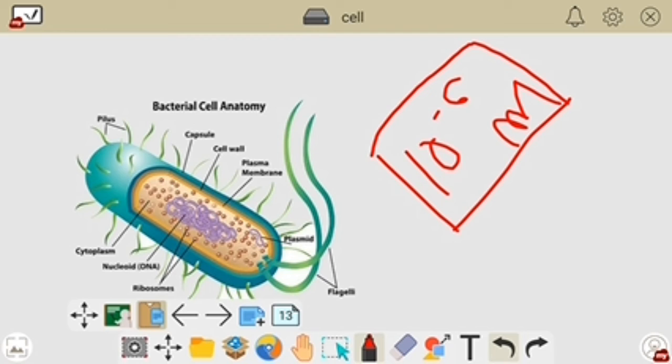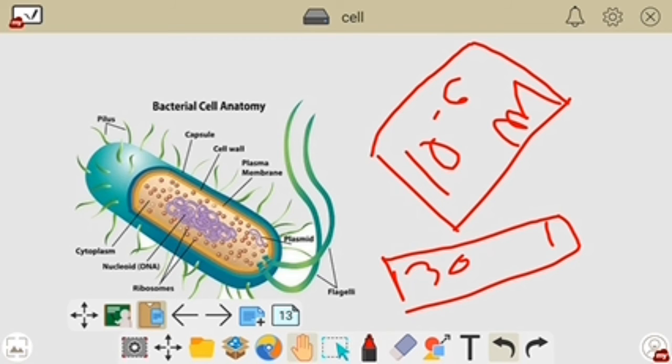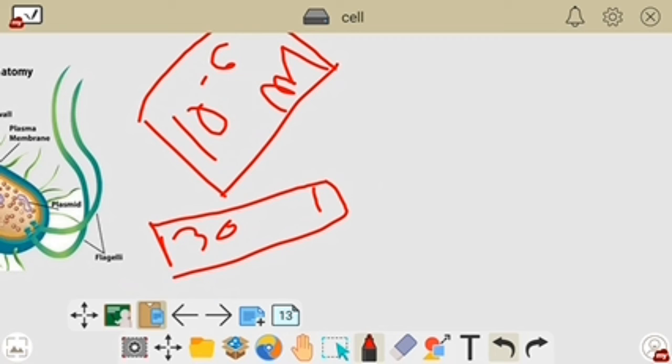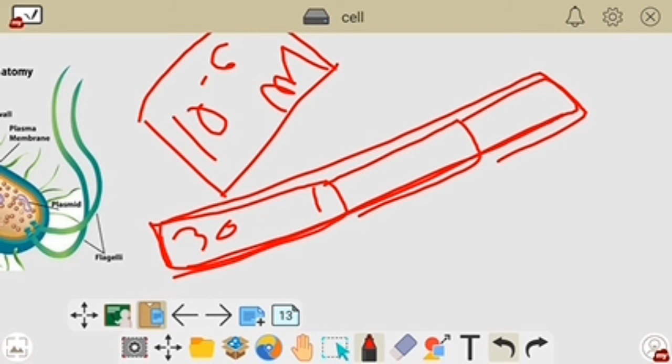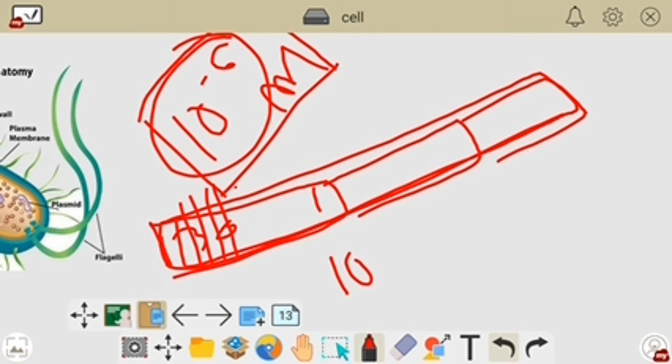Okay, so do you know what 1 meter is? How long is 1 meter? If you have a plastic ruler or a scale made of steel, it is almost 30 centimeter. So by combining three of those scales, you get 1 meter. Here it is written 10 to the power minus 6 meter. That means you have to divide it by 10 lakhs. So if you divide 1 meter into 10 lakh parts, you get the size